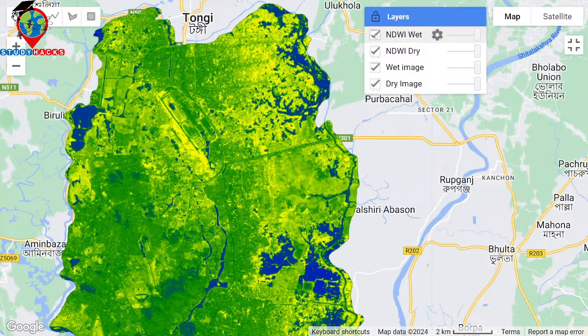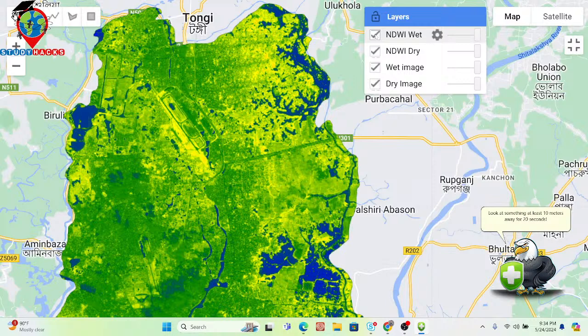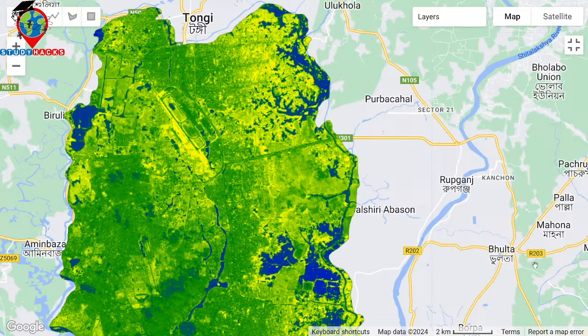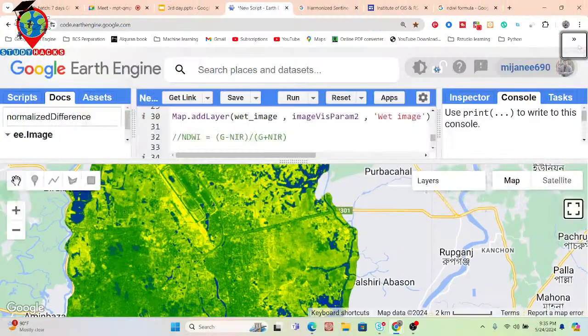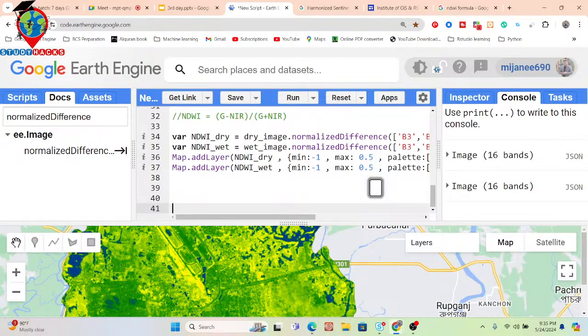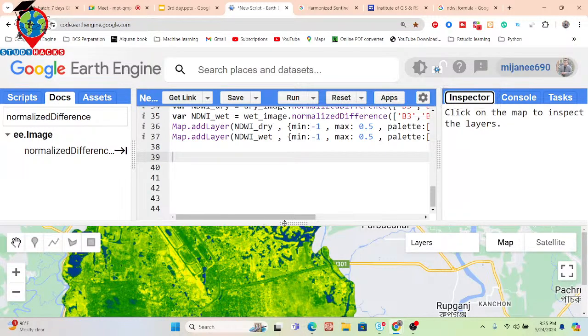So for the thresholding technique, it's not fixed. Suppose which pixel value works better for my study area, this same pixel value may not work for your study area. It's not the same. It's different depending on your study area or region. Region to region, the thresholding value will vary. So how can we easily find out which value to set for extracting the water body from the rainy season? For doing this, we have to simply check some output. Suppose you can simply click on the Inspector tab, and further check some pixels of water.